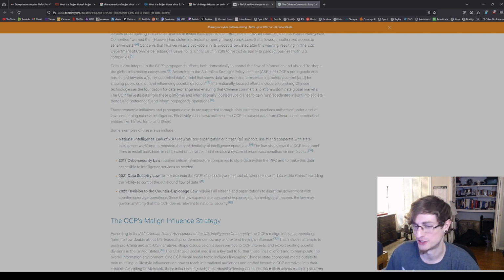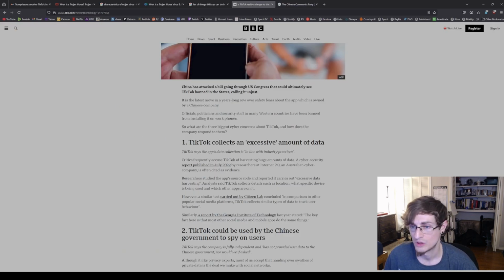Okay, so those are just a couple of many laws that basically make it impossible for any company in China to function without cooperating with the Chinese government. There are also laws making it to where any company with over 50 employees must have a branch of the Communist Party in their office as well. So generally speaking, there is going to be a bureaucrat from the Chinese Communist Party in any large enough company's office.